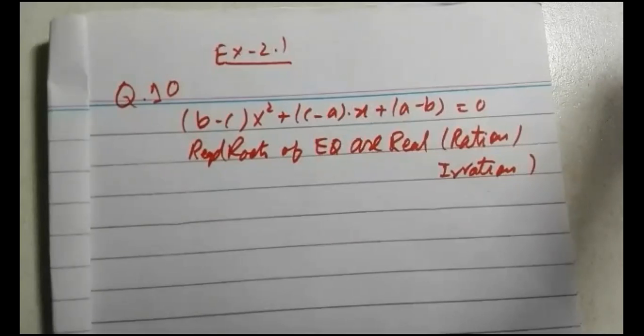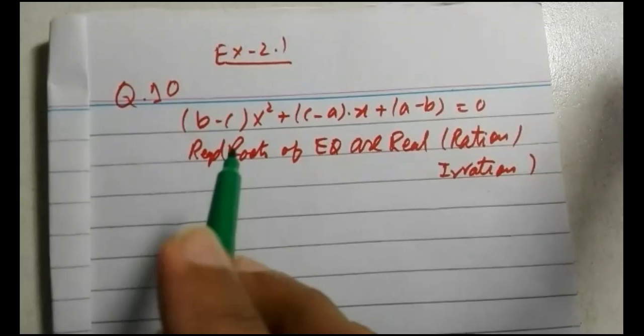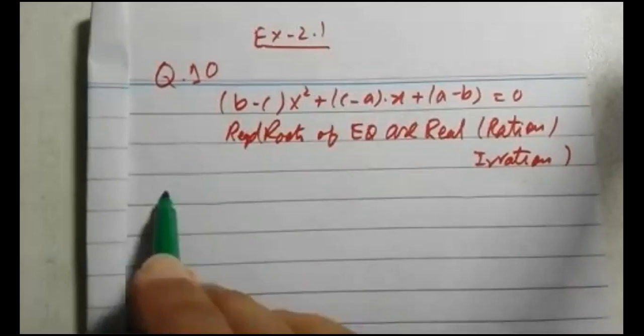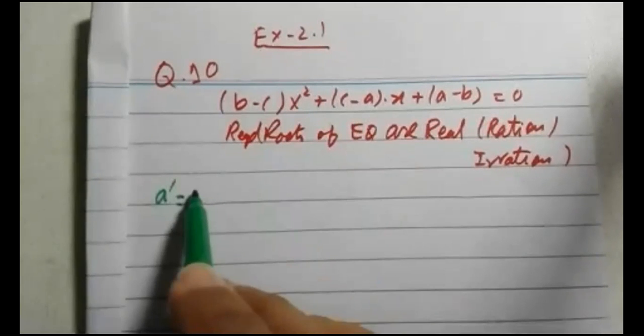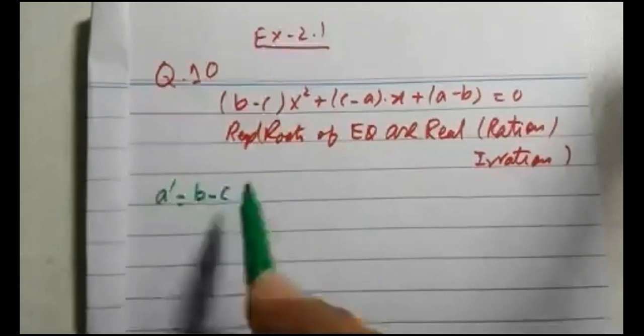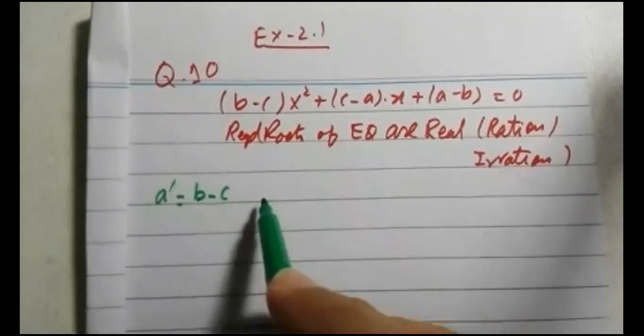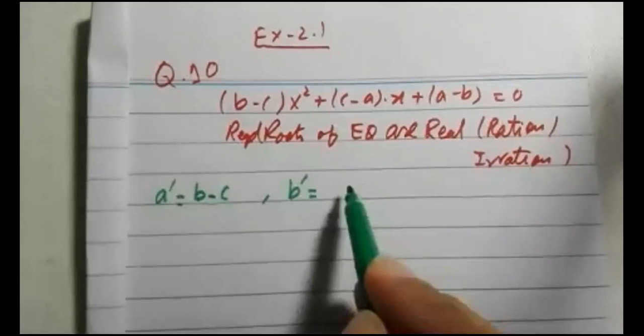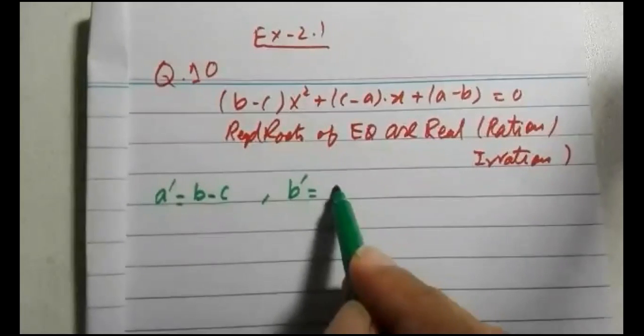So how to proceed? Because the question contains ABCs, you can see that the question already contains ABC. So I would recommend that you rewrite these terms as A dash, B dash, fine? Because the question already contains the ABC alphabet, so avoid any mistakes. So rewrite it as B dash will be C minus A and C dash will be A minus B.